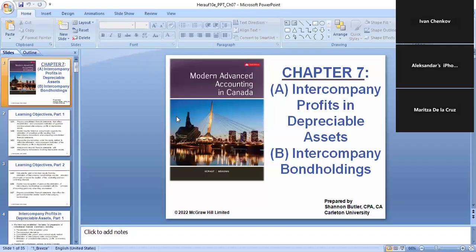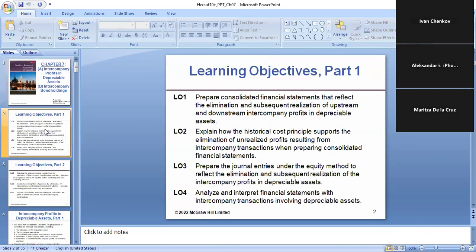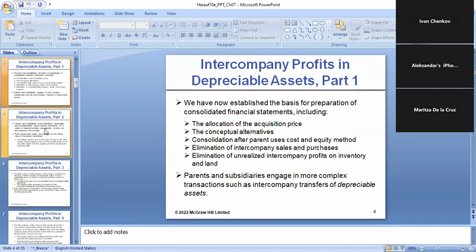Anyhow, chapter 7. Here I'm going to show you how we deal with the profit in the depreciable assets. When we're dealing with the intercompany transactions, that's for the purpose of consolidation only. So here, on the profit for the depreciable assets, what we have to consider is